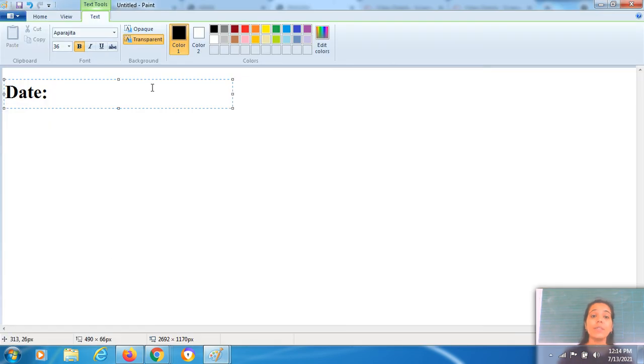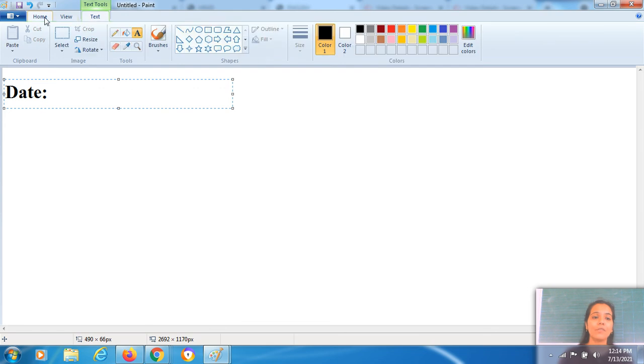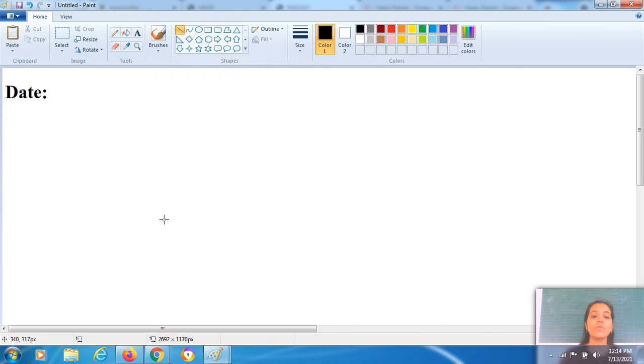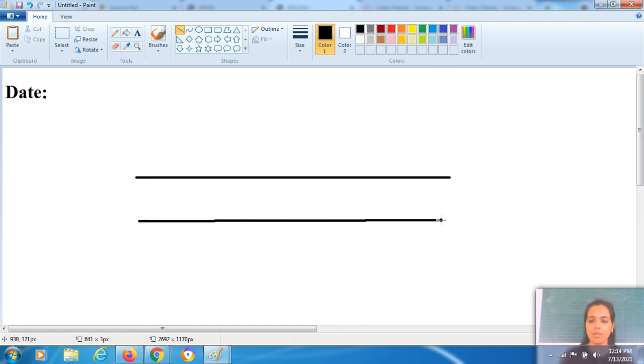So how will we start? First of all, you all have to draw a straight line. You have to draw a straight line like this. Here also you all have to draw one more straight line like this. Okay, as you see, these are two parallel lines. Both are at the same equal distance. Now what we will do, I will take my pencil, and here at this point I will draw a curvy line.